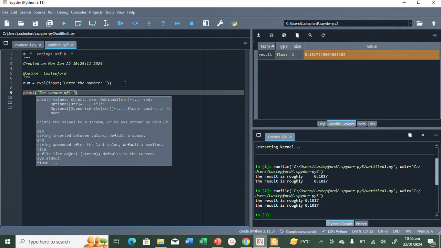The square of, you can just say the square of, comma, number, comma, quotation mark, the square of number, the square of